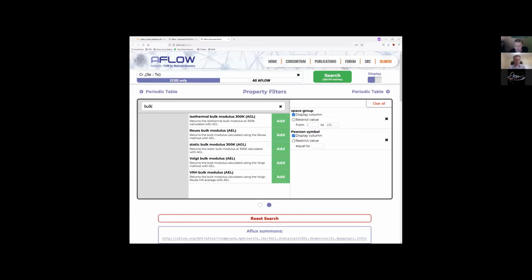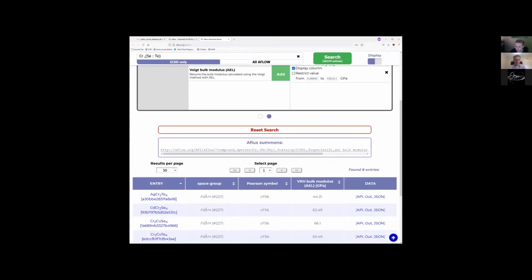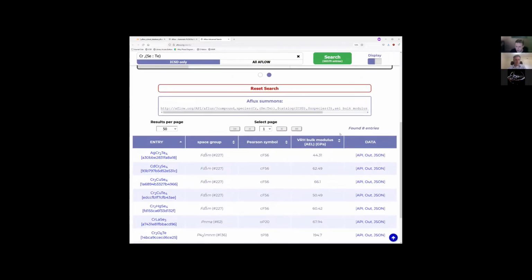For example, let's look at the VRH bulk modulus, which is the default or the most reliable bulk modulus, and we can search, and we see we have about 8 entries with these particular search queries here,